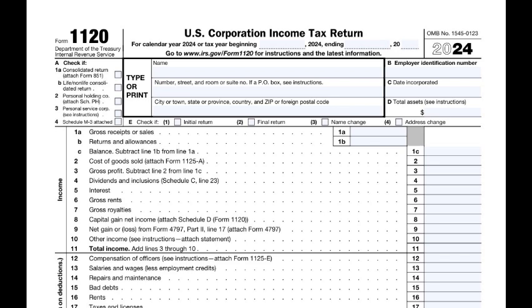Schedule A is really only required for corporations that deal with inventory or inventoriable items and are using the accrual method. So think manufacturers, retailers, maybe our entrepreneur's logistics business if they also sold baking supplies or something? Exactly. Businesses that buy or make physical goods to sell. They'd fill out Schedule A, detailing their beginning inventory, what they purchased or produced during the year, and their ending inventory. That calculation gives you the cost of goods sold, which directly reduces your gross receipts to arrive at gross